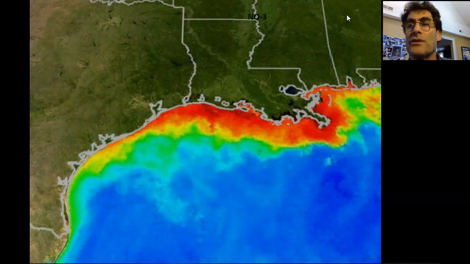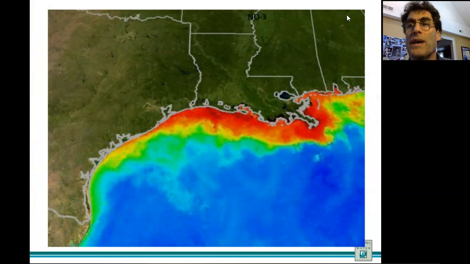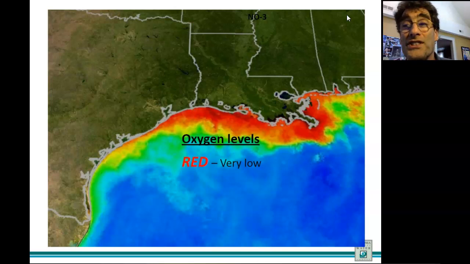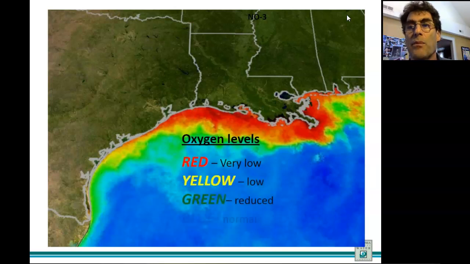So on this colored photo, we have oxygen levels. The red is very low oxygen levels, close to 0, and then it gets more and more, and blue is normal. So at certain times of year, at every major river that goes into the ocean, including the rivers that go into the Chesapeake Bay, you have these dead zones that happen, these eutrophic zones, and that is incredibly bad for the wildlife there. But think about the fishing industry and the shrimp industry that happens in these areas.